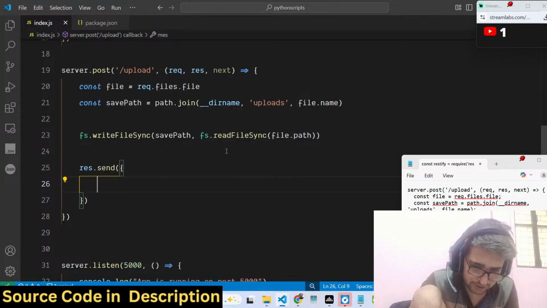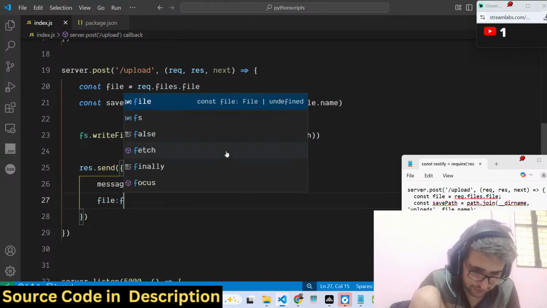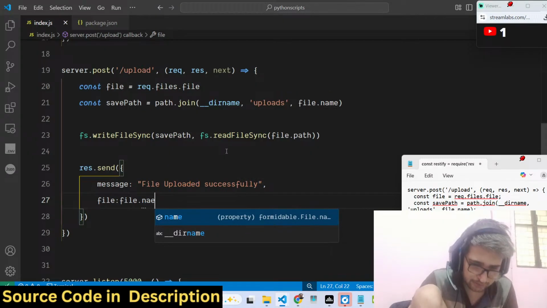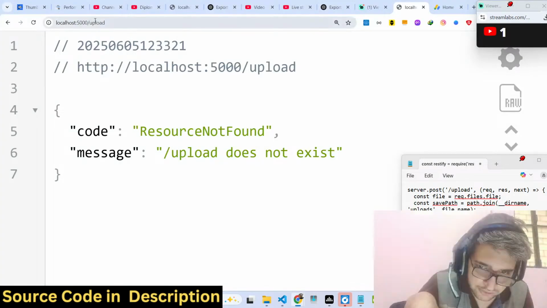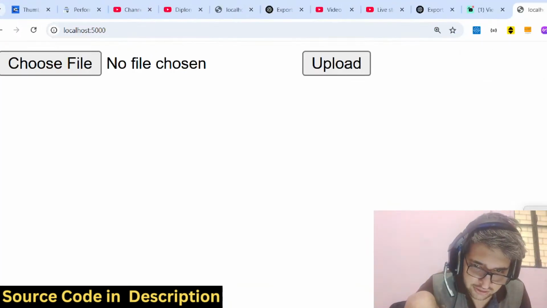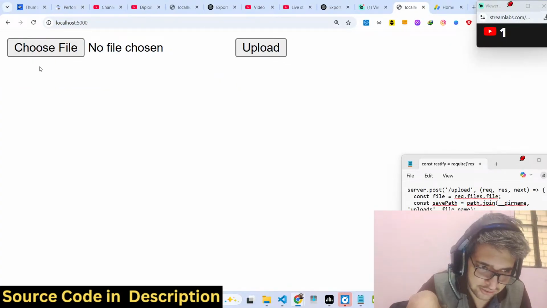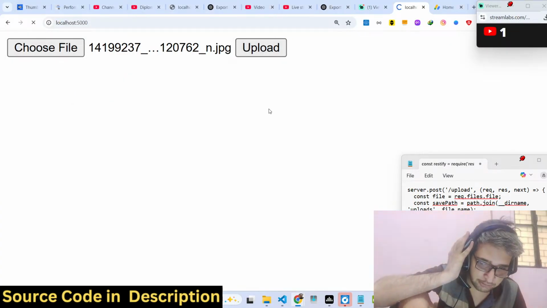So after that, we will send out a simple message to the user that your file is successfully uploaded. We simply give it a message property that is file uploaded successfully, and then the second property we can even return the file name as well, so file.name. So this completes your application. If I try to test this application now and just go to localhost 5000, this is actually the form. If I try to upload a file and click upload,